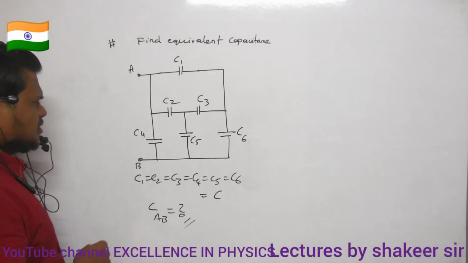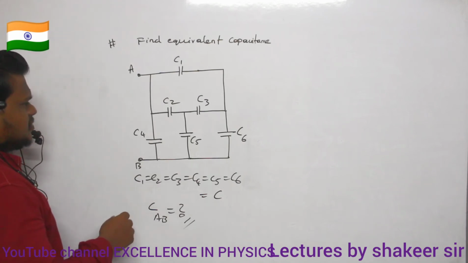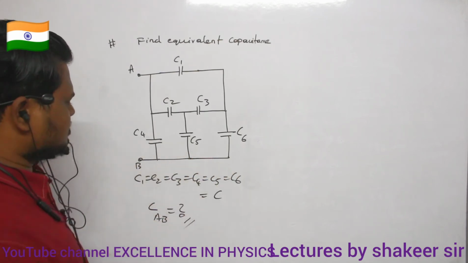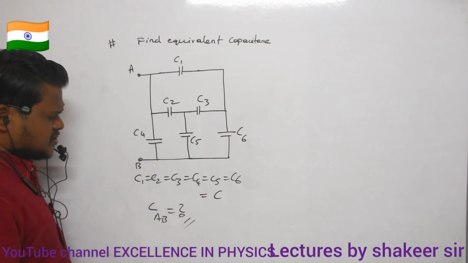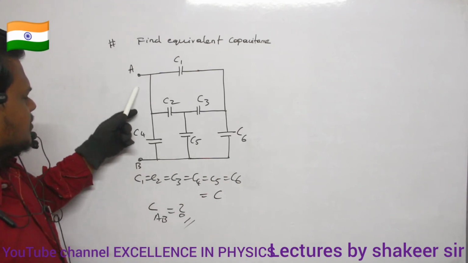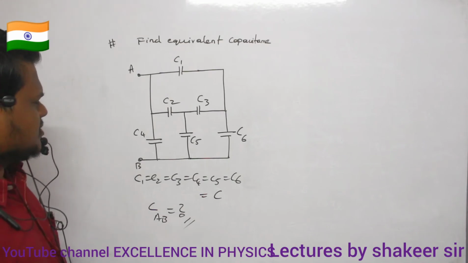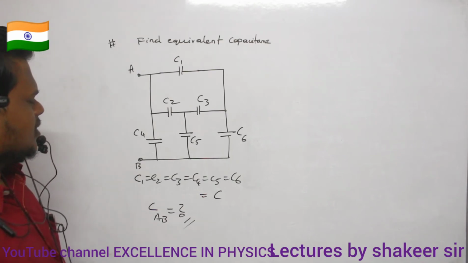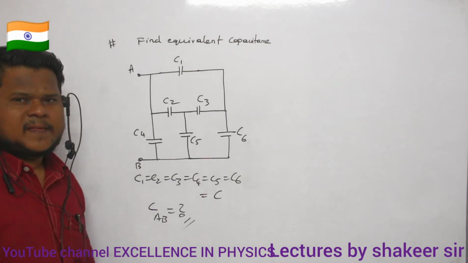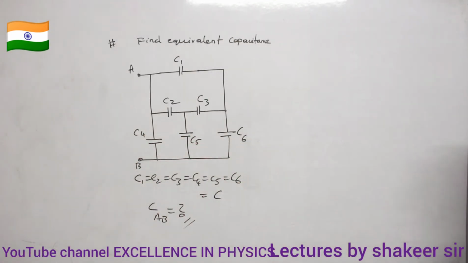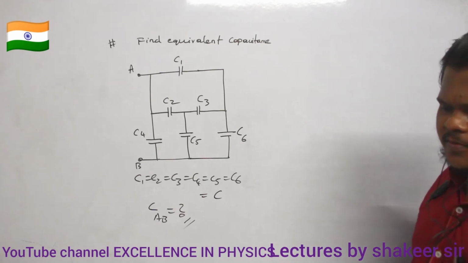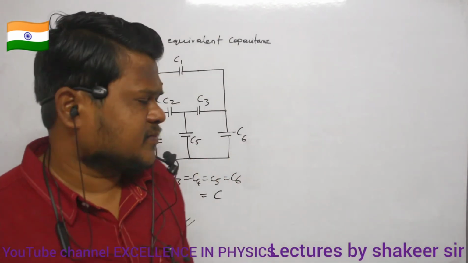So this is the given circuit. So capacitances C1, C2, C3, C4, C5 and C6 are present. And the magnitudes of all of them are equal and equal to C. Then I want to calculate the equivalent capacitance between points A and B. How? Okay. See, this problem also I can solve with the help of the Wheatstone bridge itself. How can I solve this with the help of the Wheatstone bridge?